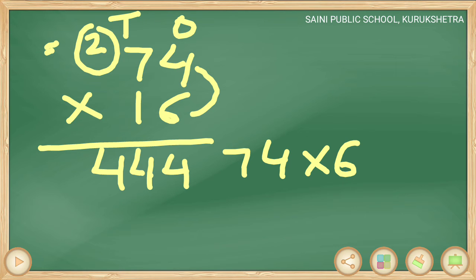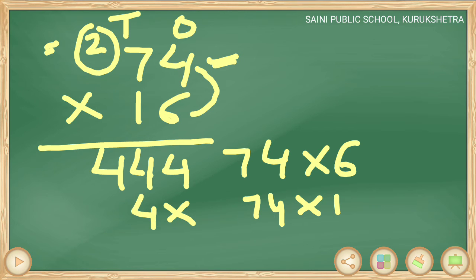Now we will multiply 34 by 1. So first of all we put a sign of cross here. Now start doing multiplication. 34 into 1. So first of all we will do multiplication at the ones place. 1 into 4, 4 ones into 1. So here 4. Now 3 into 1. So here 3. Now we will add these two numbers.